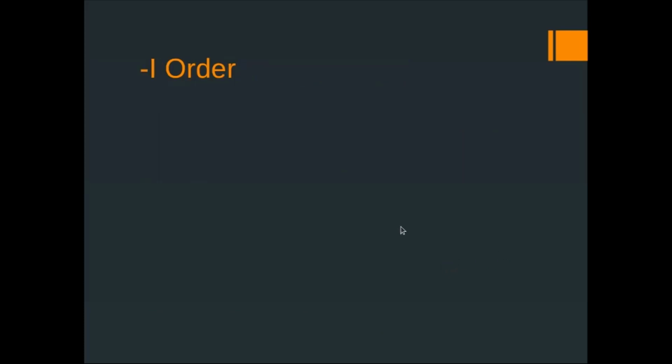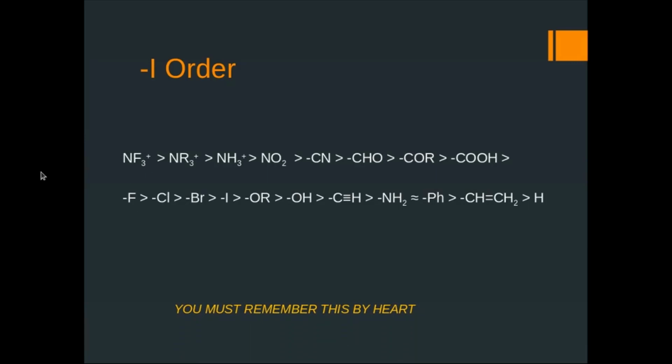Now we have to know about the priority order of minus I groups. This is the priority order of minus I groups, starting from the highest: first the trifluoromethyl... trimethyl ammonium ion, then NH3 plus ion, then NO2, then cyanide, then aldehyde group,